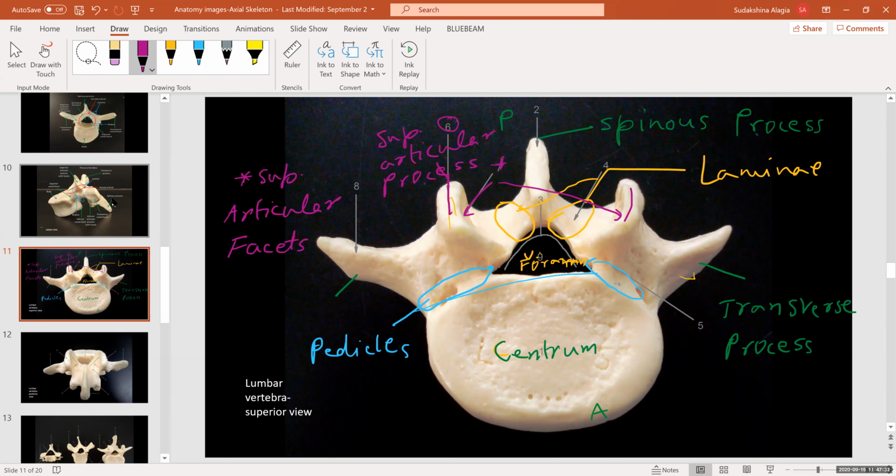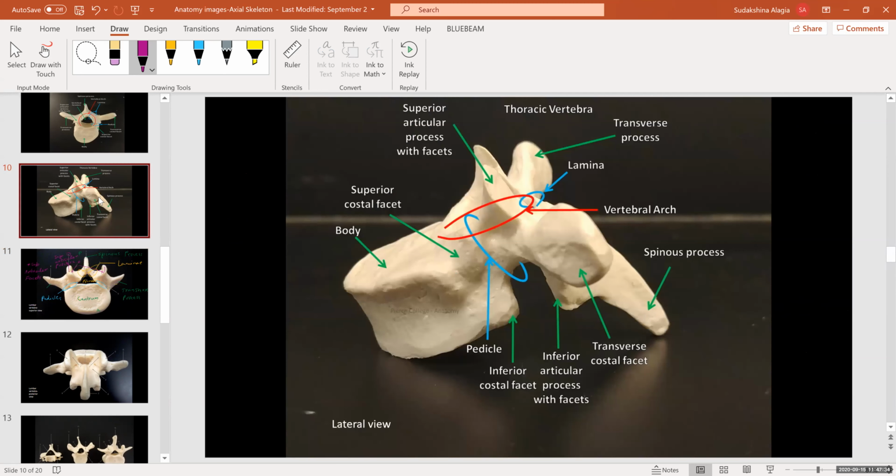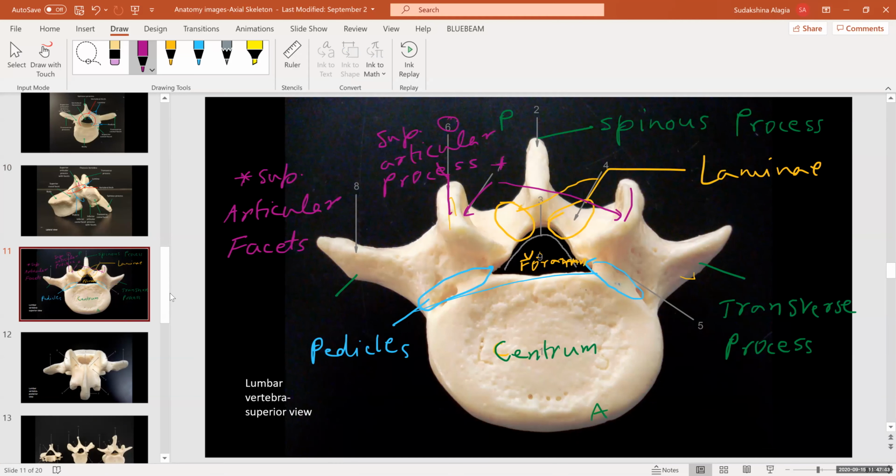For an average thoracic vertebra, the articular facet is just right there, as if the bone has been cut in half. Here, in the lumbar vertebrae, the articular facet is as if the process is turned and the medial side is cut. I don't know if that makes sense, but